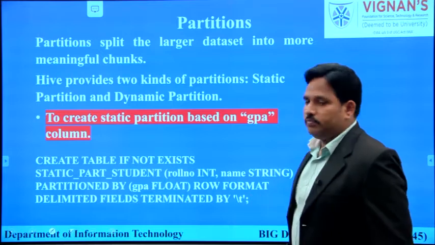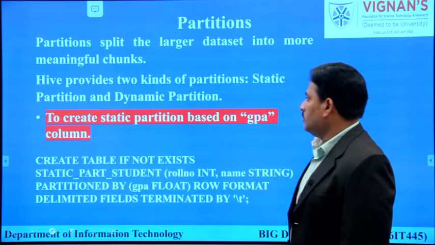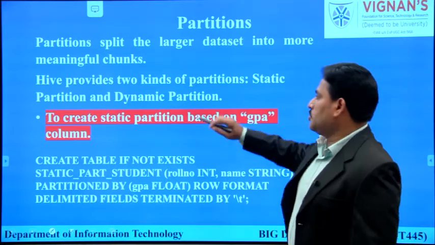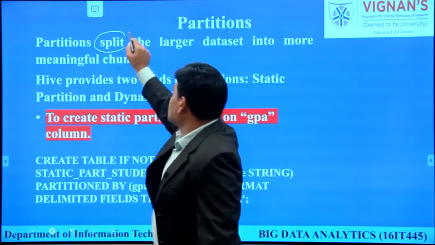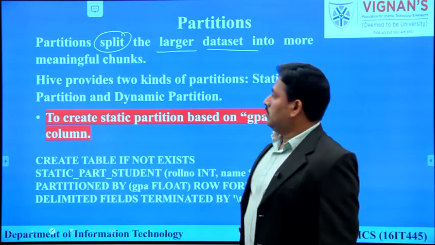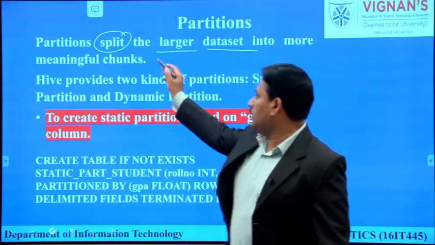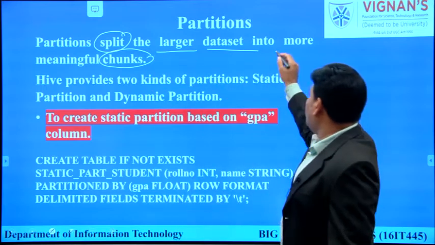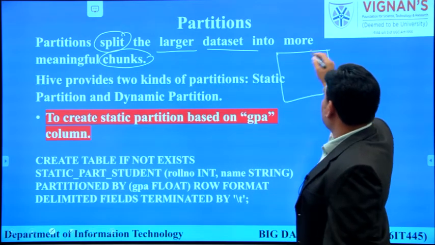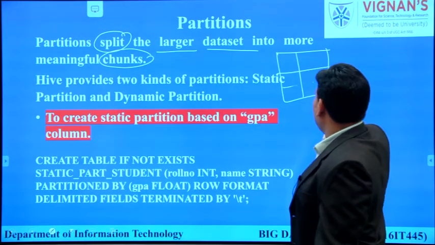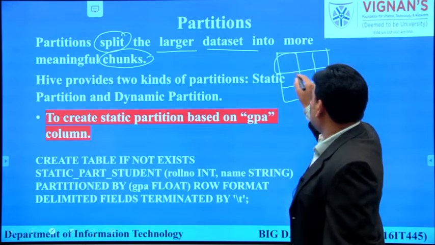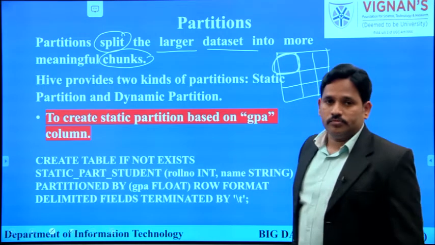Now to create partitioning, let us see the commands here. What partitioning will do is split the larger data set into more meaningful chunks. That means a larger file is going to be split into smaller subportions. Let us take this as a partition.